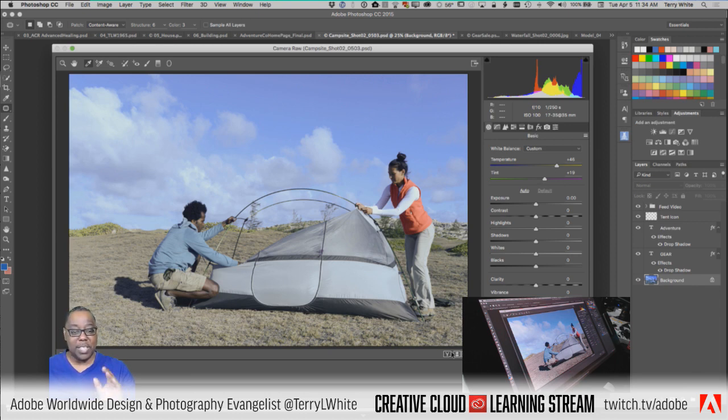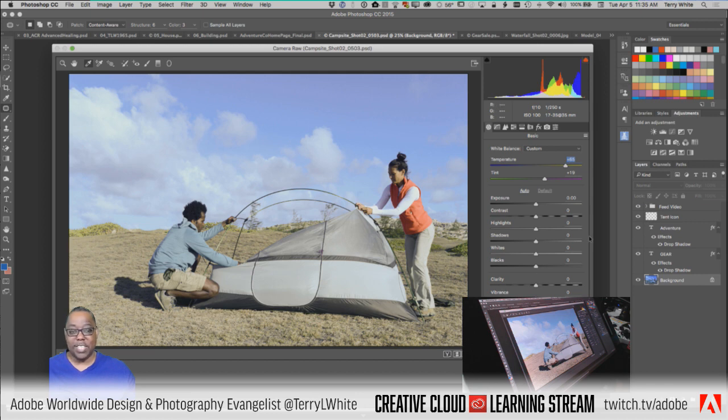So in this case, if it needed to be warmer or needed to be cooler, I still have the ability to make a finite adjustment on it, final adjustment on it, dragging it to be maybe a little warmer than what proper white balance was set to. Now, I can click OK and be done, but if I want to make other adjustments while I'm here,